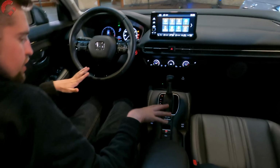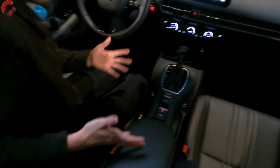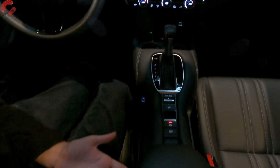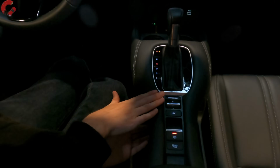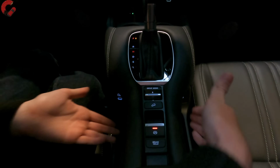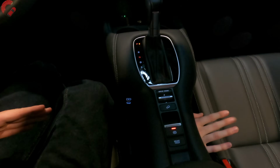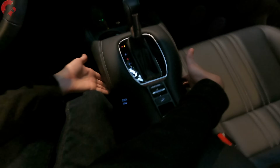Now I want to turn over here and address the console because it does have a really unique design. I'll see if Mason can kind of reflect this, but basically we have this armrest portion. It kind of bleeds into this section here, which has our drive mode controller, our electronic parking brake, and our brake hold. And then underneath of that, we've got this pass-through. As you can see, I'm sticking my hand through it. So this is a great place, like you could stick your phone or something like that. Then it comes up